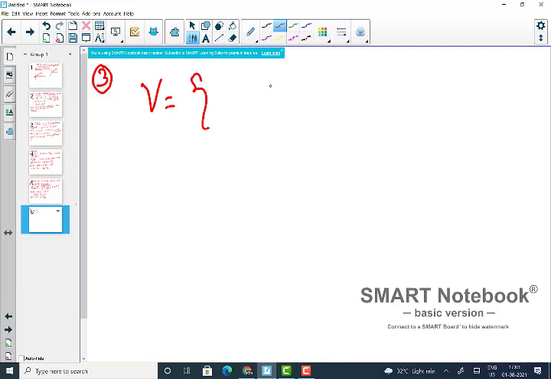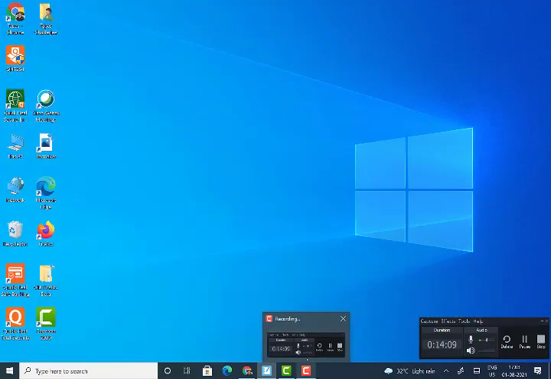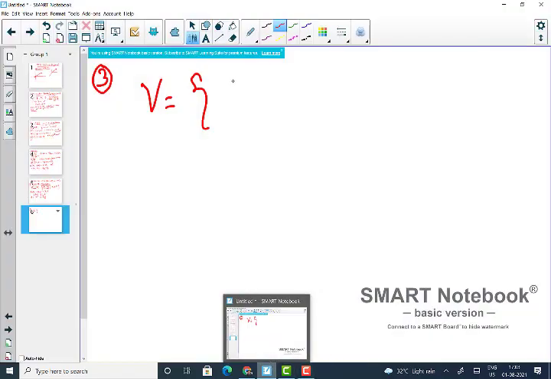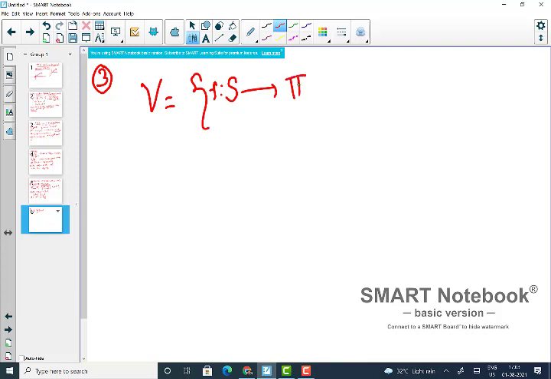No matter which non-empty set S you choose, you take functions from that set to a field, whatever field you choose. You collect all the functions from a set S to a field F,